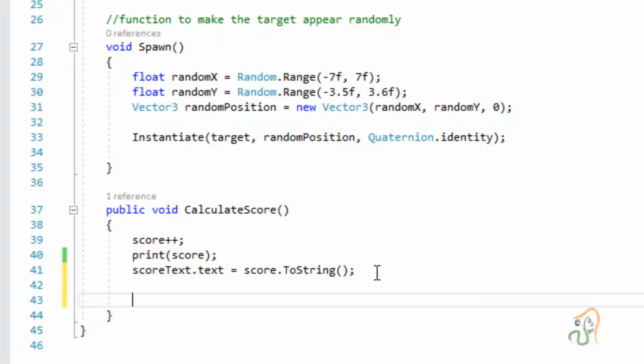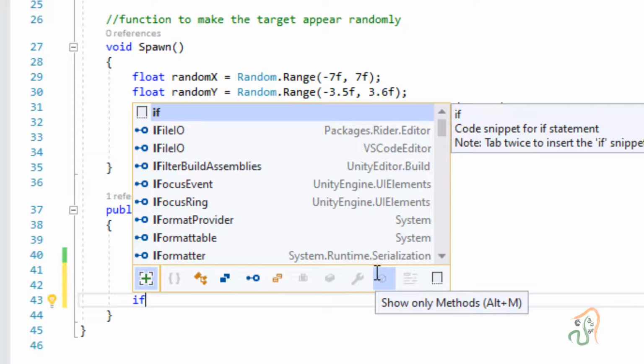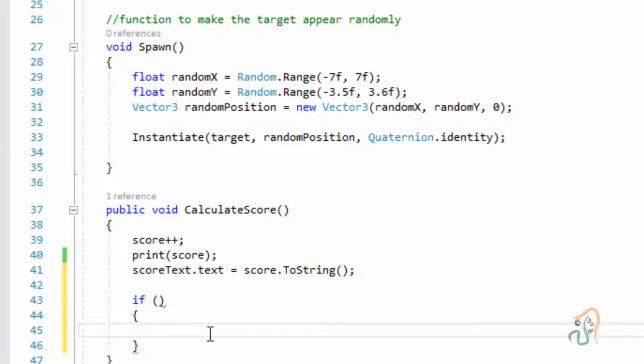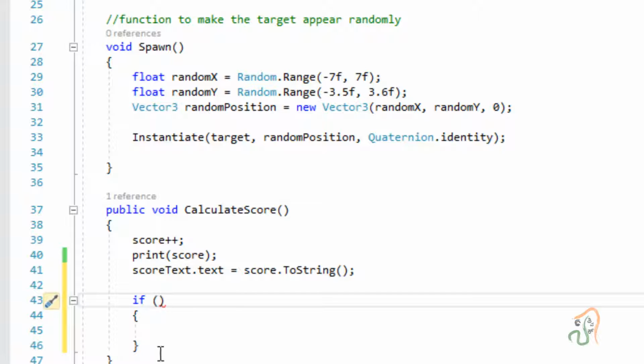The way we use an if statement is, you type if, and after that in open and close brackets you put the condition, and after that you open a curly bracket and close the curly bracket. In between this curly bracket you add the command that will be executed when this if statement is true.